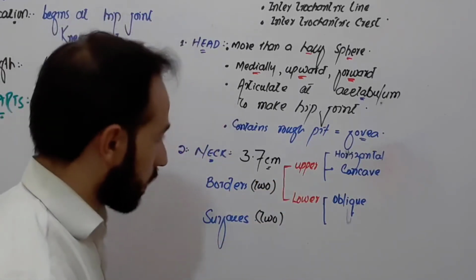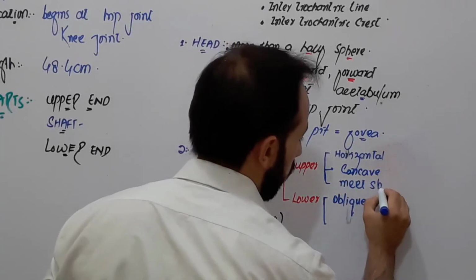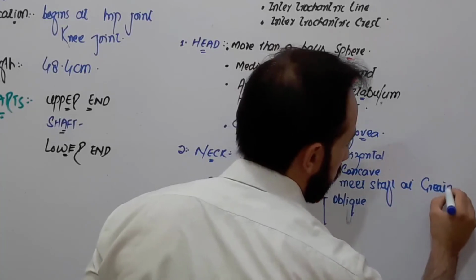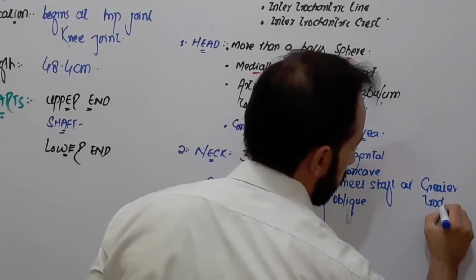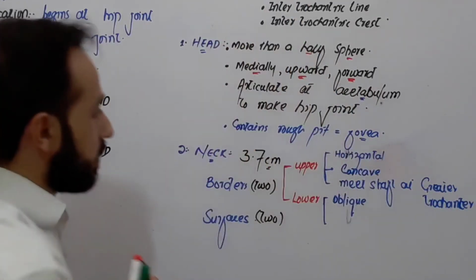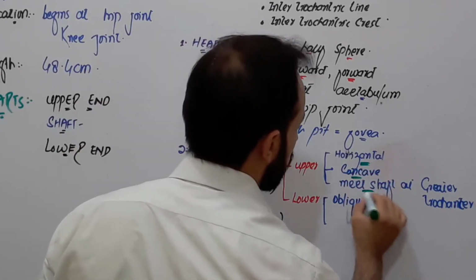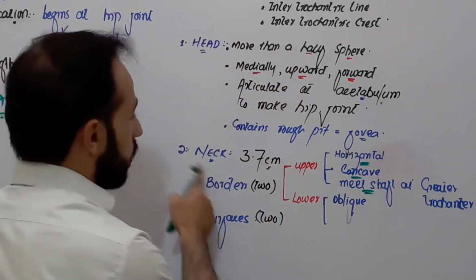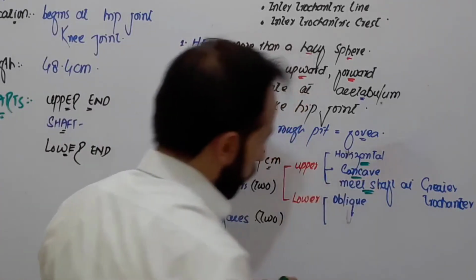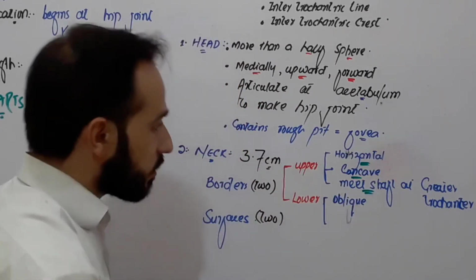I will show you again. So it meets shaft at greater trochanter. Right, there is the greater trochanter, we will discuss later. So these are the three important points about the upper border of the neck of the upper end of the femur. That is, the upper border is horizontal, it is concave in nature, it meets the shaft of the bone